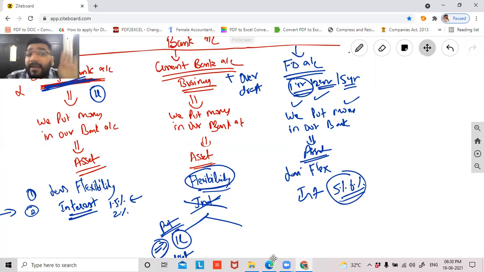If it is only a plain current account, you have put 1 lakh rupees, you can withdraw only a maximum of 1 lakh rupees. But in an overdraft account, guys, if I want to withdraw more than 1 lakh rupees, I can. Let's suppose I want to withdraw 3 lakh rupees. I can withdraw 3 lakh rupees because this is an overdraft account. Overdraft account means what? If my money is not sufficiently available in the account, the banker will help me with additional rupees. So here, guys, I'm withdrawing 3 lakh.